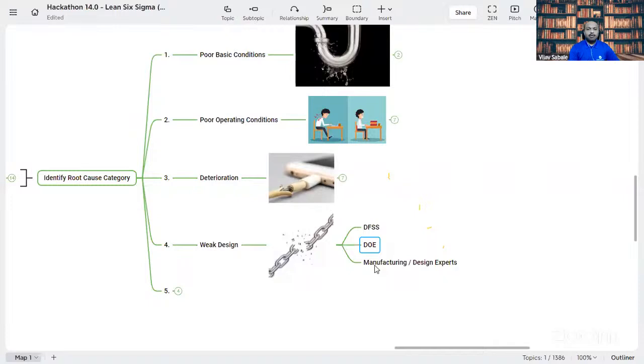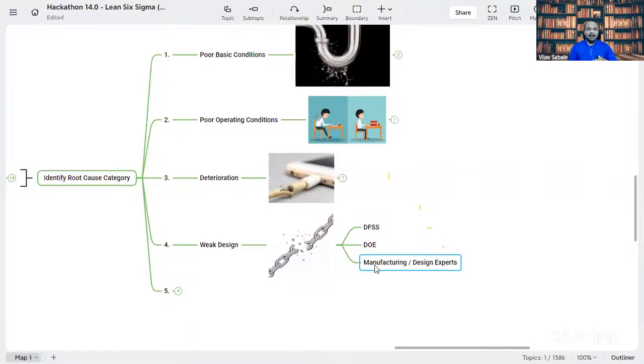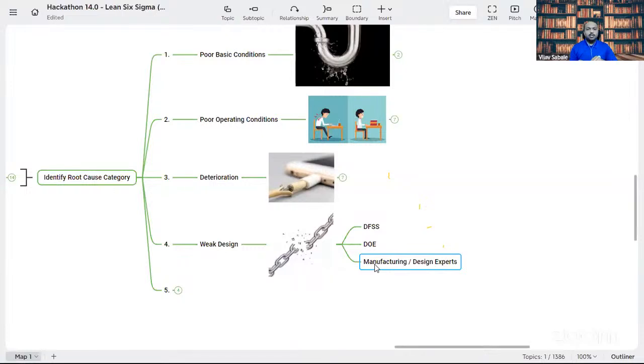And we can also involve your design experts, design engineers, and manufacturing engineers to understand why that part is failing frequently. Do we need to change the raw material of the part, or increase the thickness, or provide some modification like curvature or something like that, right? We don't know what modification we need to make, so we can involve subject matter experts like design experts. We can also involve the operators or the experts who work on that particular process so that we can work on this big design part.